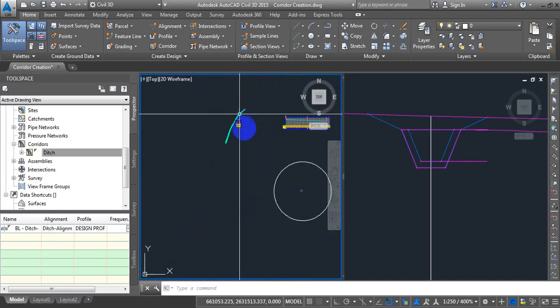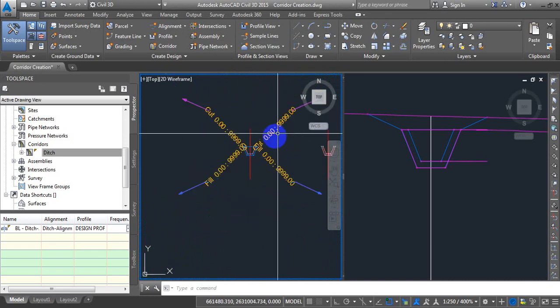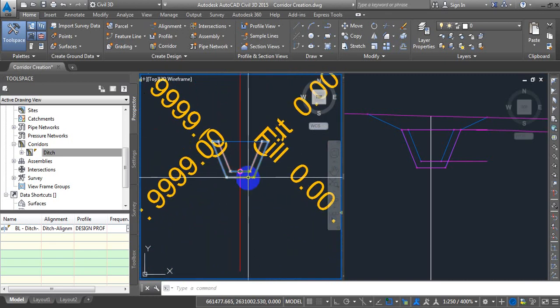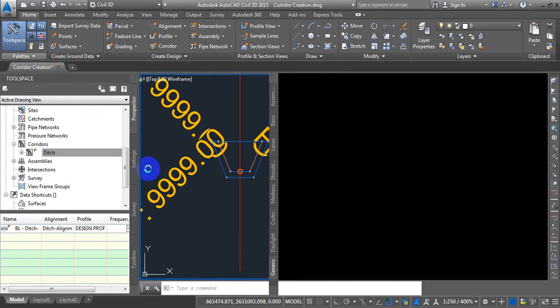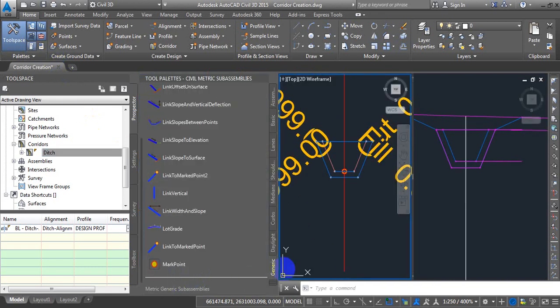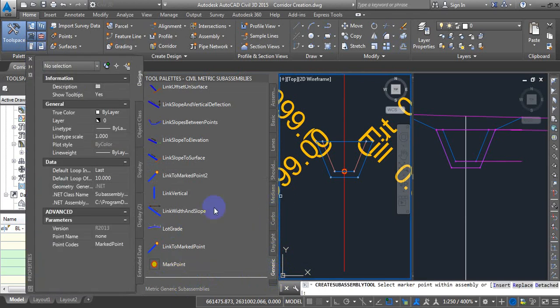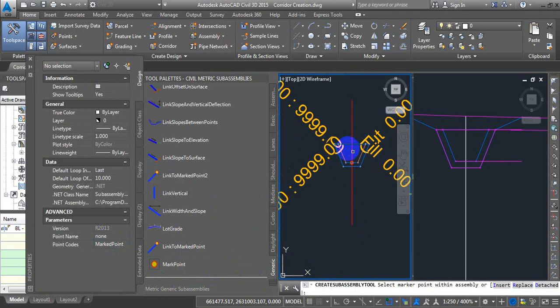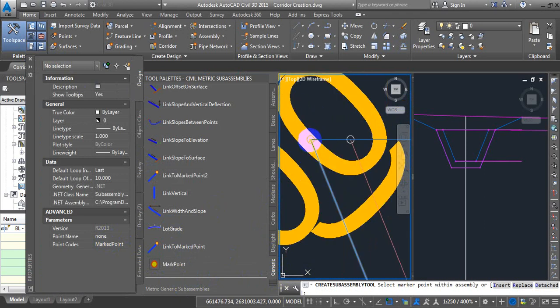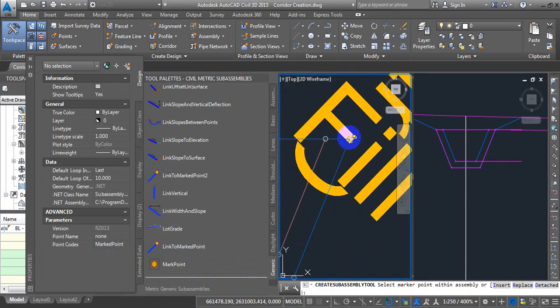Let us go to our assembly. I will come to the assembly, and then I will come to tool palettes. Then I will come to this generic folder and click on mark point. I will add two mark points, one at this edge and one at this edge, and I will call this mark point